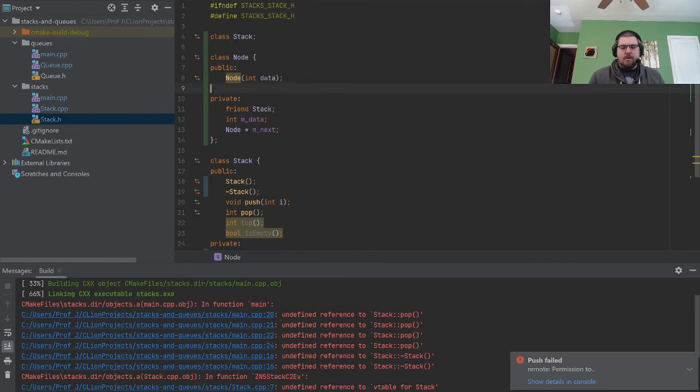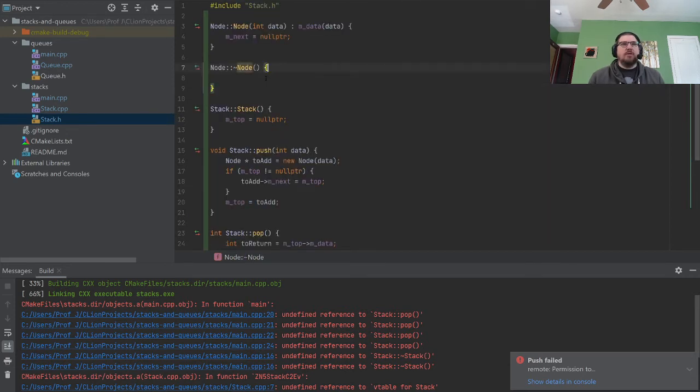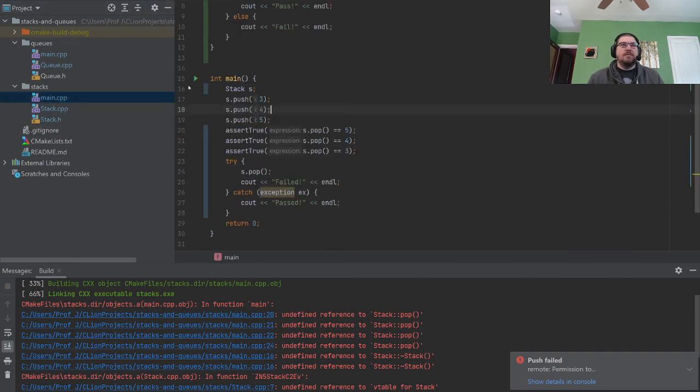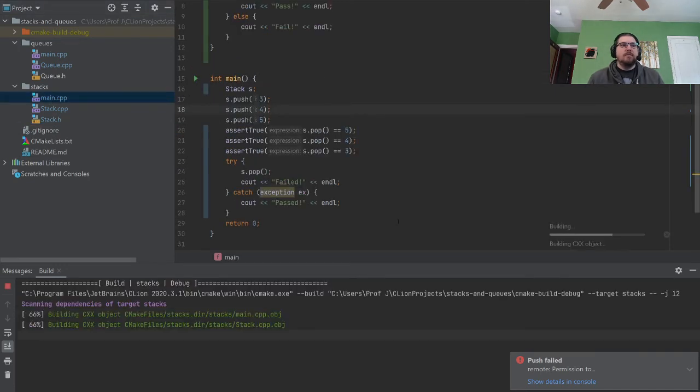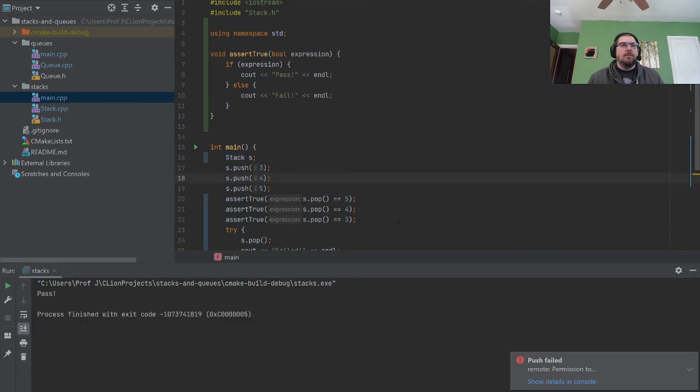So I'm going to do alt insert destructor, which takes me to destructor, and it'll be delete m next. All right, let's run it. That's all there is. Pass. Nice.